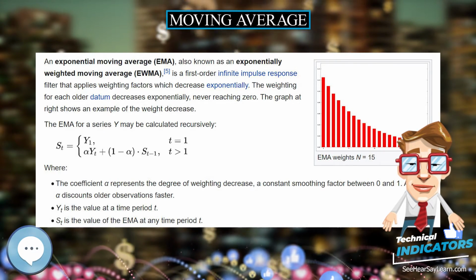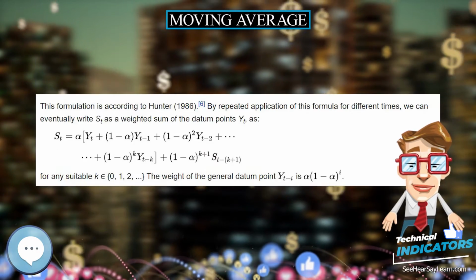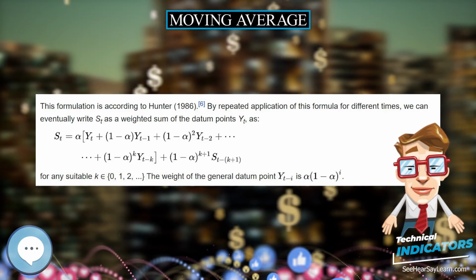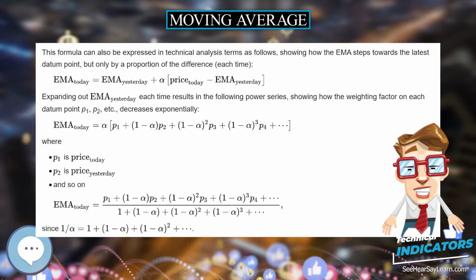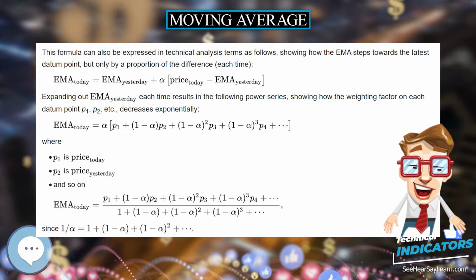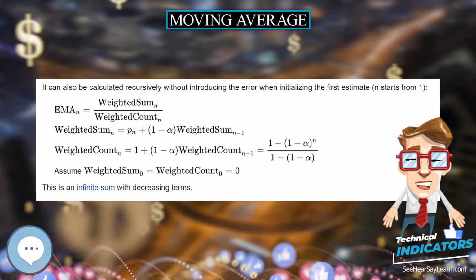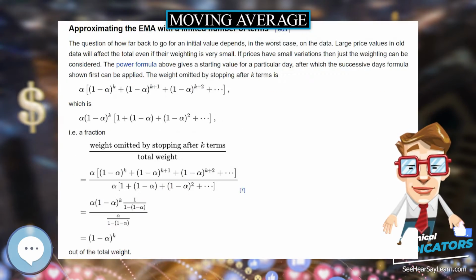This gives, when α is related to n via α = 2/(n+1), this simplifies to approximately the following. For this example,